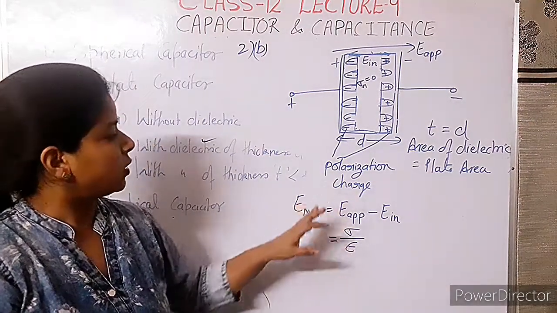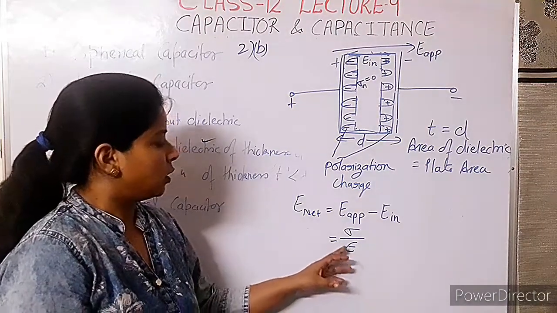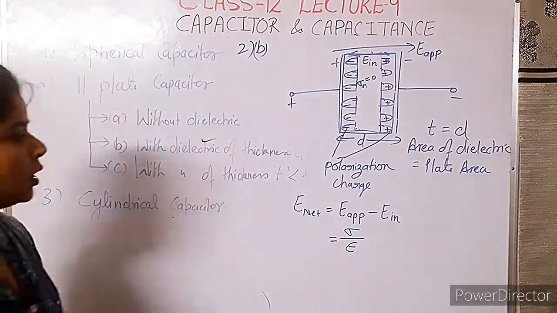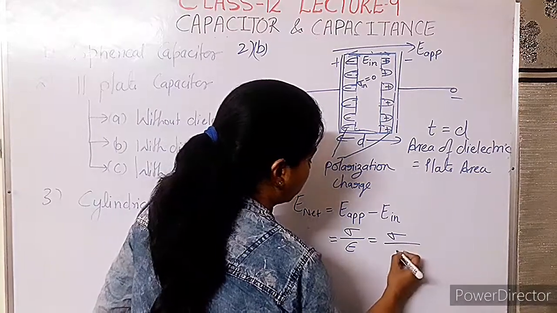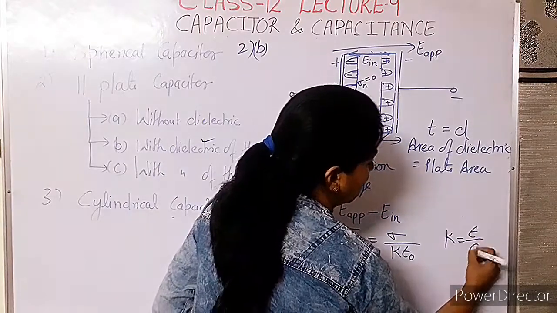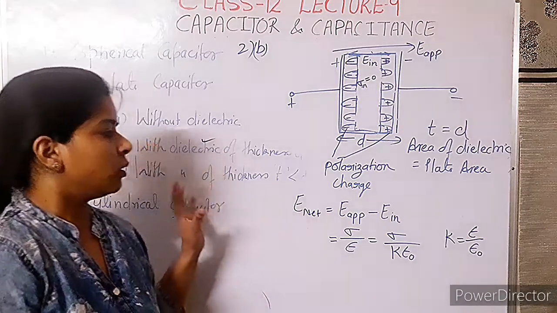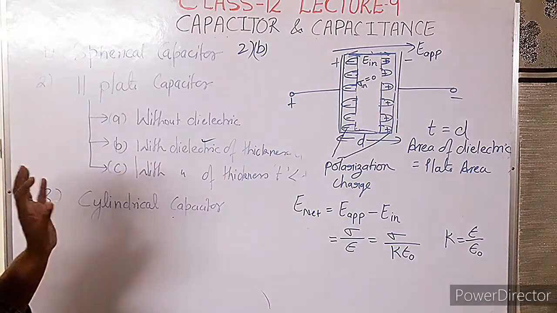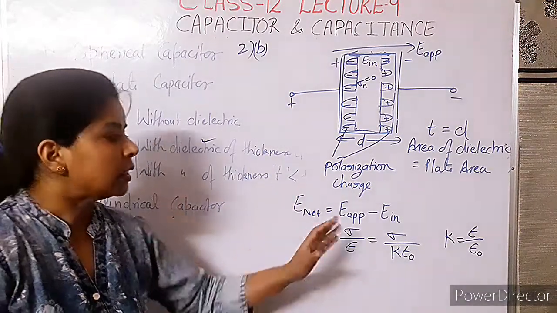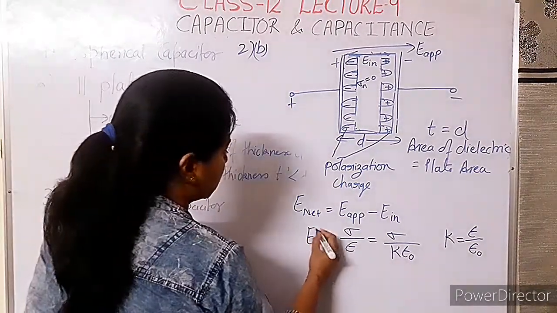And you know that we are getting this result just because of the presence of the dielectric. So we have to put the permittivity of the medium and the corresponding dielectric constant. We can write this result in this form also, sigma over K epsilon naught. K is equal to epsilon over epsilon naught, where K is the dielectric constant. This is different from the K in Coulomb's law formula, which is 1 over 4 pi epsilon naught. That was not the dielectric constant. This is the dielectric constant, which is equal to epsilon over epsilon naught. So this one is the result for E.